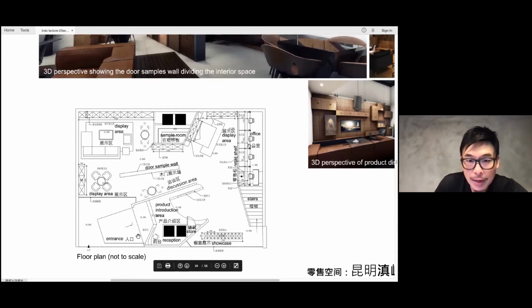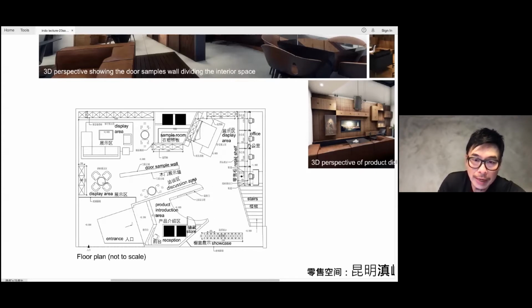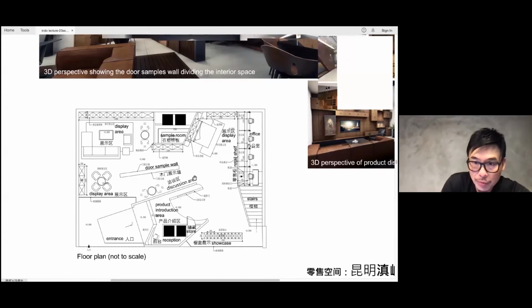So that is the kind of magic we can do with the correct implementation. So from here, this is the entrance module, like I mentioned earlier. This is a reception counter. This wall panel is meant for all the displays to explain how the modules work. And then this is the pivot door that we saw with the TV. This pivot door will close at night when the store closes. And then stairs lead up to the office, and these are all the different displays: bedroom display, living room display, wine cabinet display, door samples, and so on. Okay, I will superimpose this with the